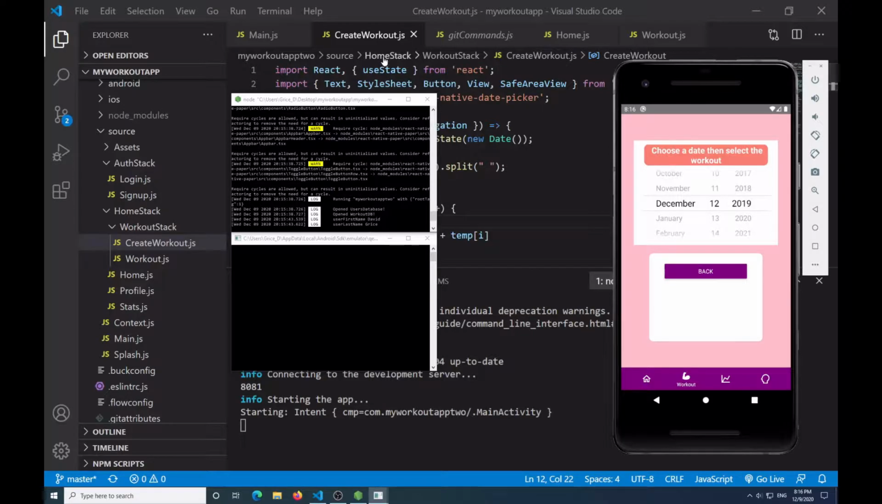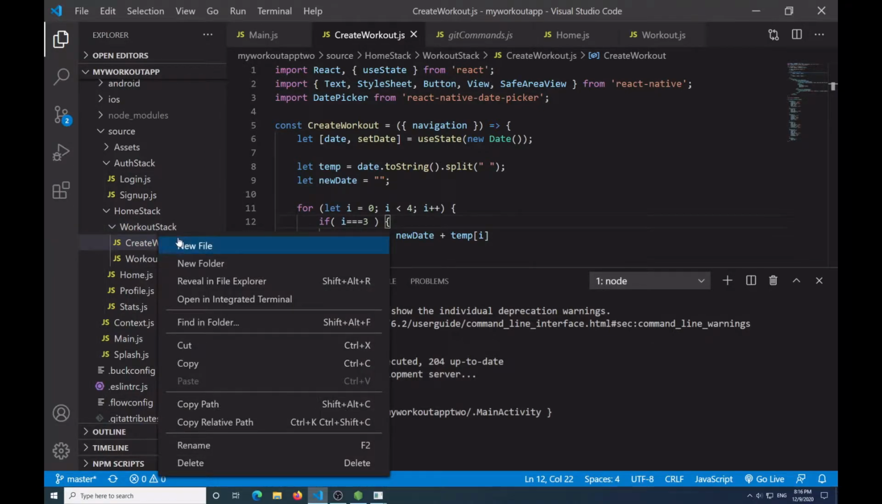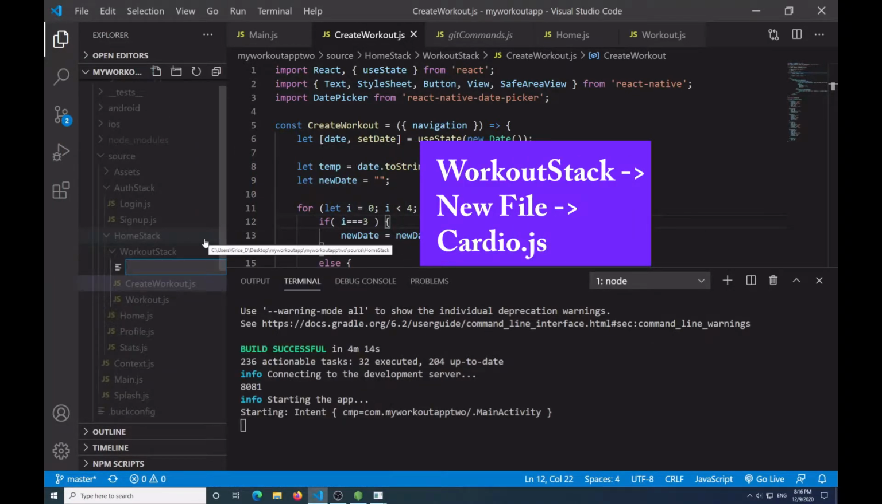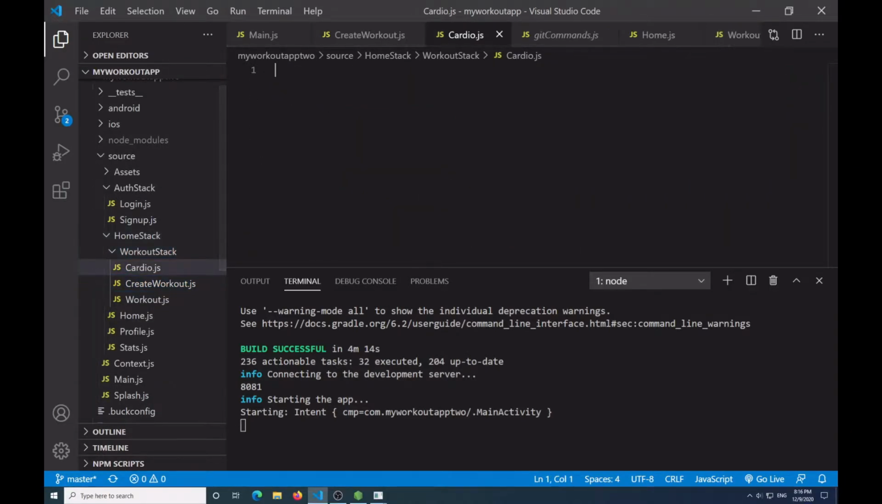So to get started with that portion, what we need to do is create a cardio screen. In my workout stack, I'm going to right click on the folder and say new file, and call this cardio.js. Inside of my cardio, I'm going to do what we typically do, and say import React, and then I'm also going to import useState and useEffect